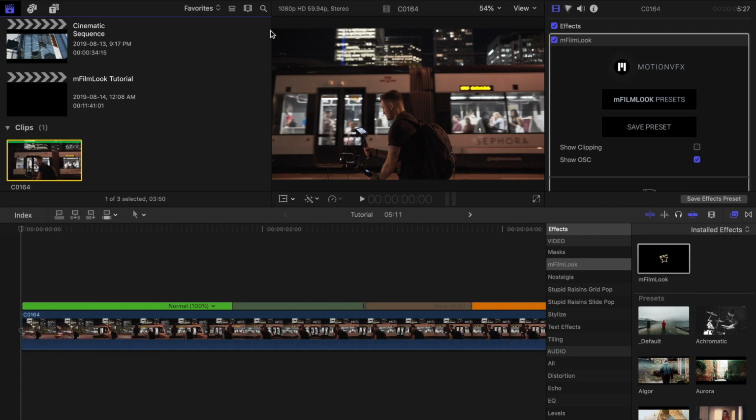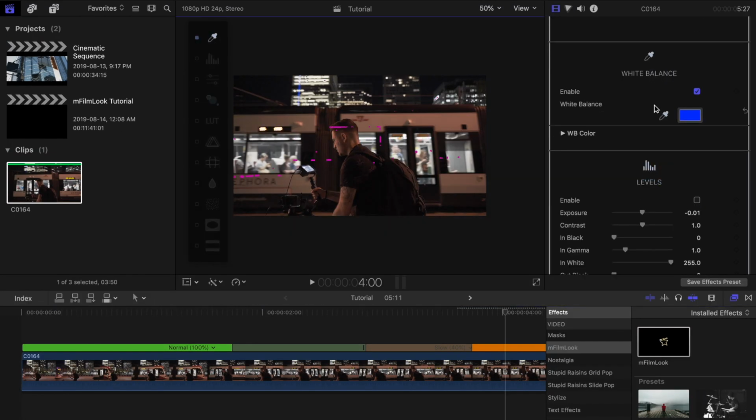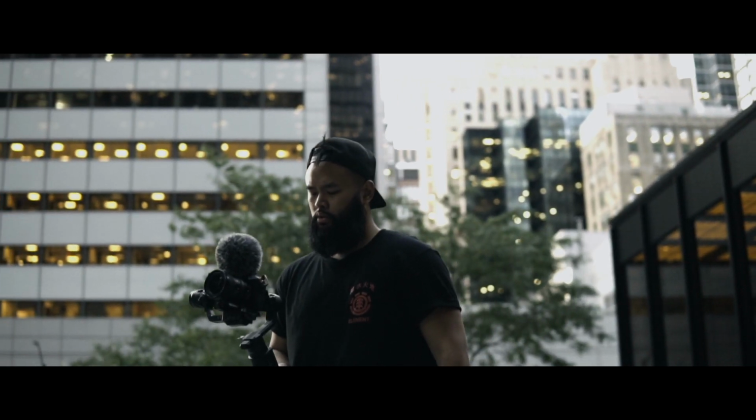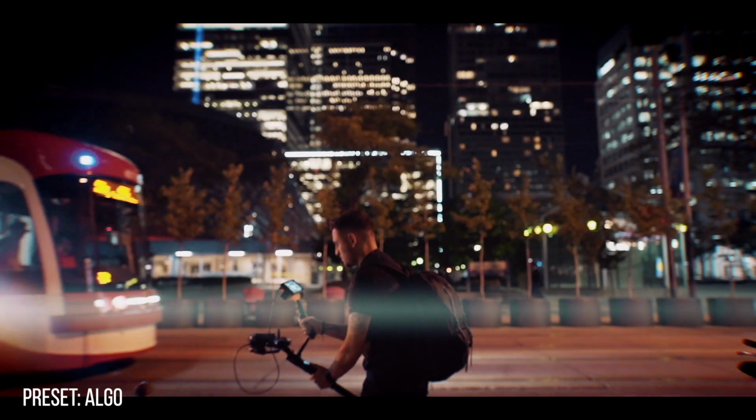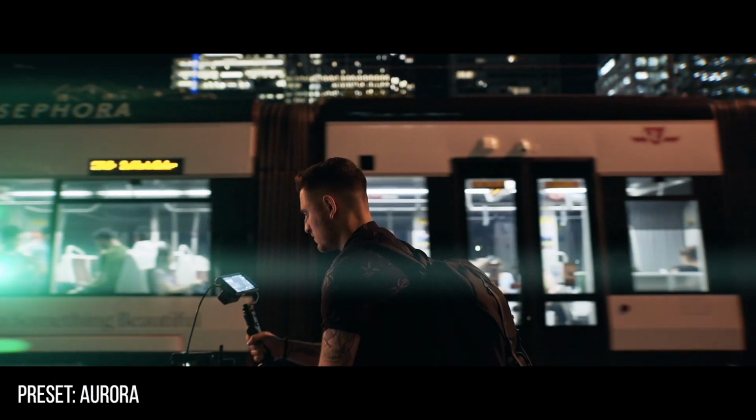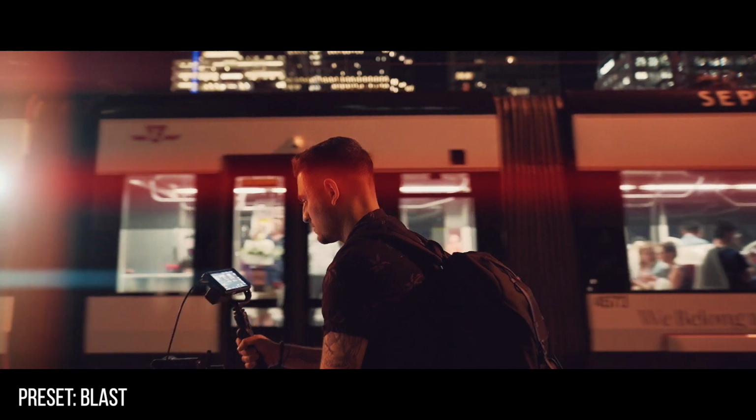So how can this plugin make your footage look cinematic? I'll go over some of my favorite options and features, and also show you how I edited that 30-second cinematic sequence that you just watched. Let's get started. The easiest and fastest way to make your clips look cinematic with M-Film Look is by choosing